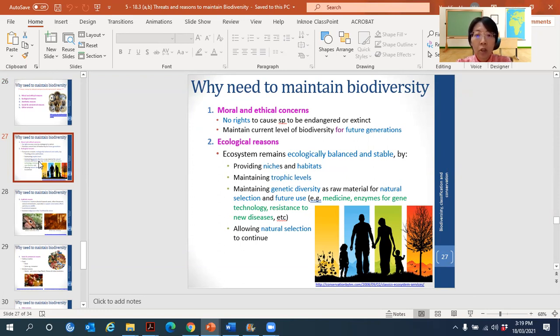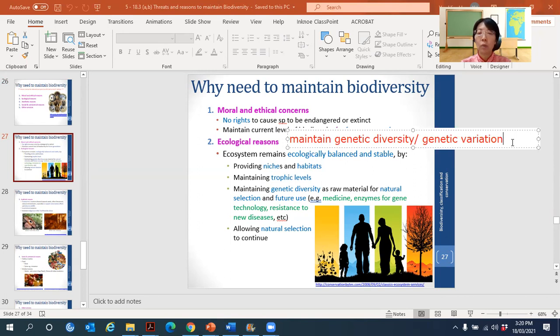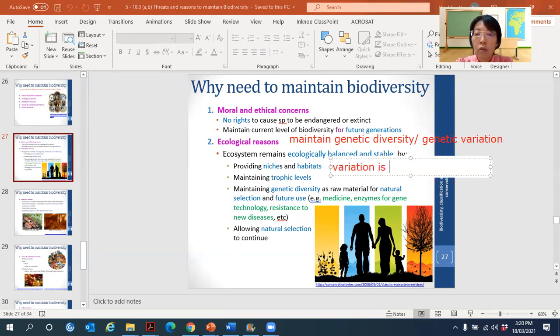Okay, and the ecological reason is because we want to maintain the genetic diversity and therefore genetic variation of all the species we can find. So we want to maintain all different kinds of species as well as all different kinds of variation in species, because we know that variation is the raw material